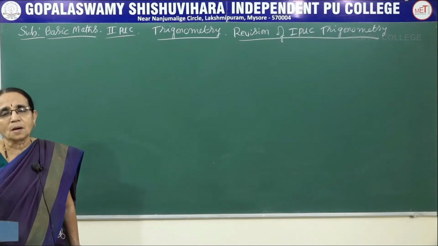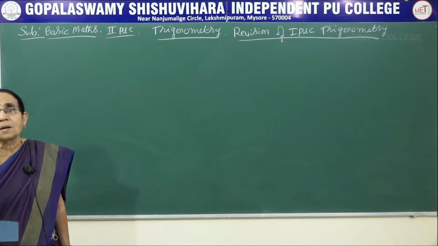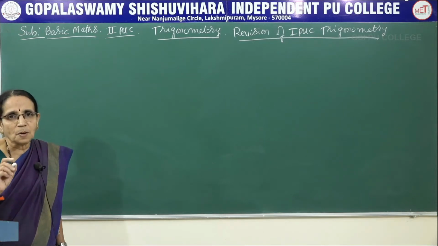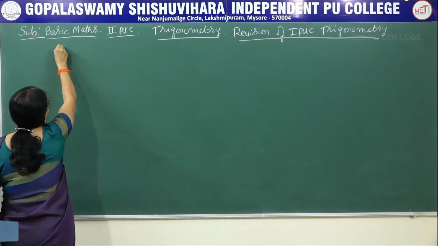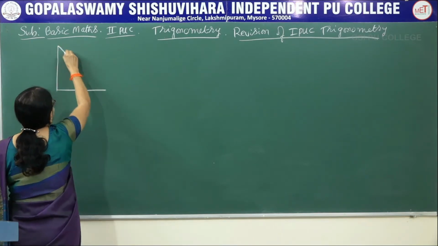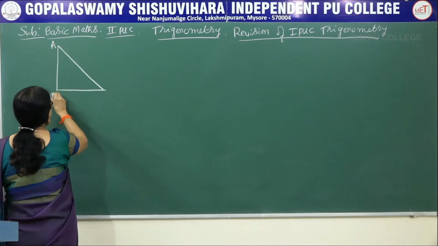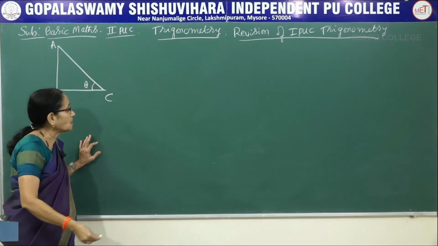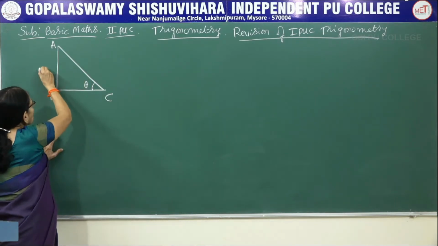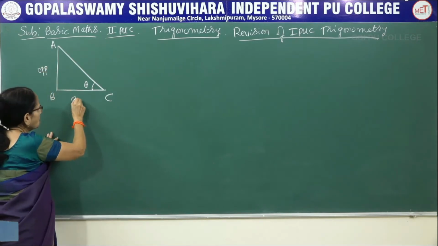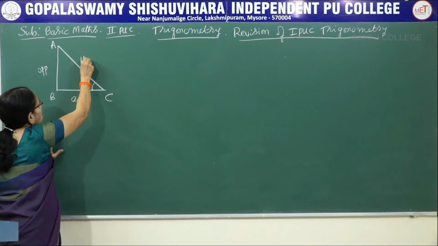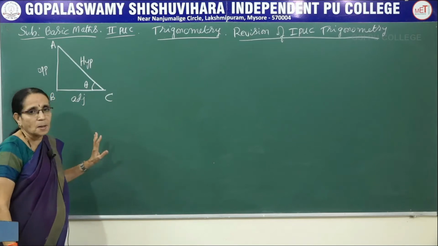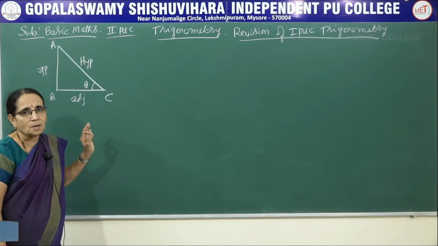First we had started with the basic definition of the trigonometric ratios. We always define the trigonometric ratios with respect to a right angle triangle. Now consider a right angled triangle. Let me mark any one of the acute angles as theta. For this angle theta, this is the opposite side, this is the adjacent side, and this is the hypotenuse. With reference to this angle theta, I am going to define the 6 trigonometric ratios.